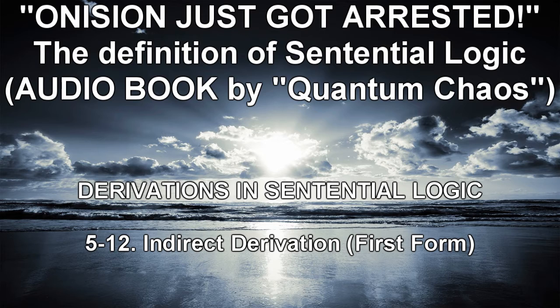Let's try a sneaky approach to the problem. Just for the hell of it, let us assume the opposite of what we are trying to show, and see what happens. So right below the show line, we write P as an assumption. That yields the following partial derivation. 1 P⊃Q, 2 P⊃~Q, 3 Show ~P, 4 P as, 5 Q 1, 4 ⊃O, 6 ~Q 2, 4 ⊃O, 7 Q & ~Q 5, 6, and we have gotten down to the line which is Q and not-Q.